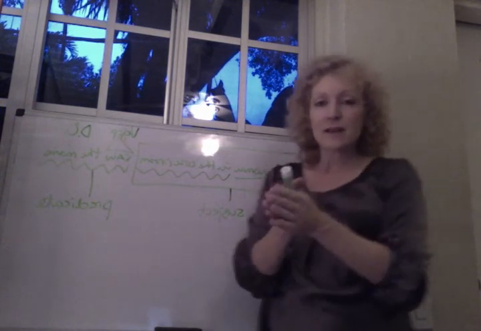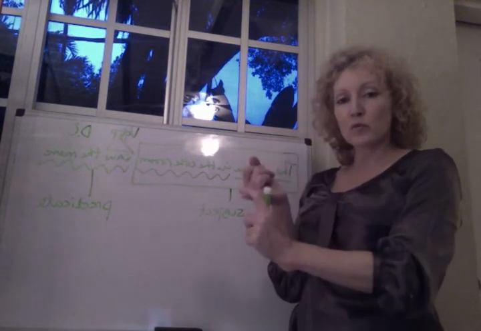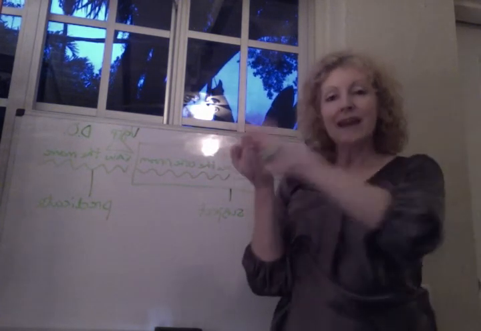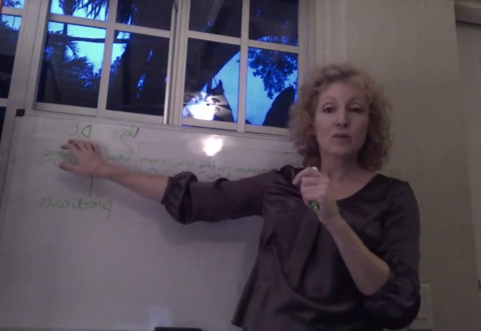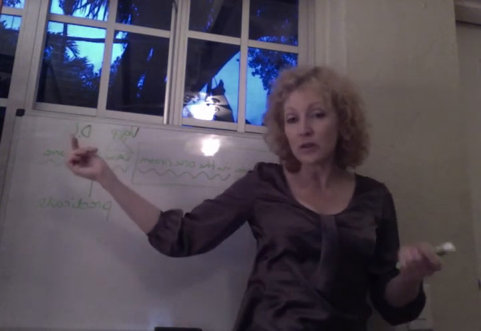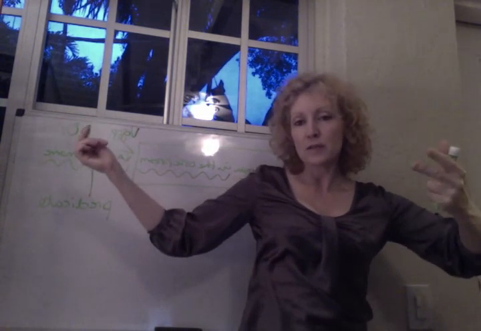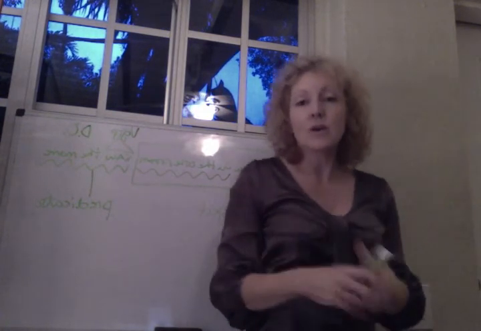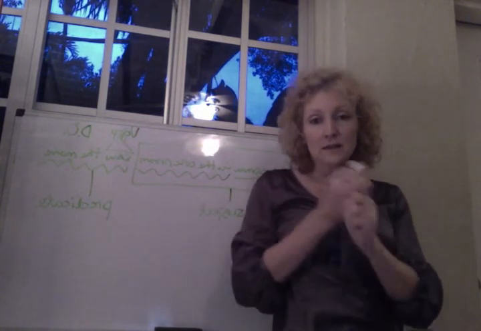So the predicate of the sentence, being the verb phrase of the sentence, is necessarily comprised of the verb group, which is comprised of the main verb plus all of the auxiliary verbs, and any complements to the verb. So for example, what is a complement to a verb? A complement to a verb is a direct object. And if you have a direct object within your sentence, you're going to have a subject, a main verb, and a direct object. You will have, therefore, a monotransitive verb phrase. So what does it mean to have a monotransitive verb phrase? It means that you have a verb group plus a direct object.